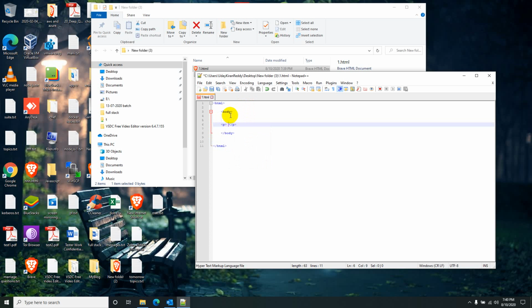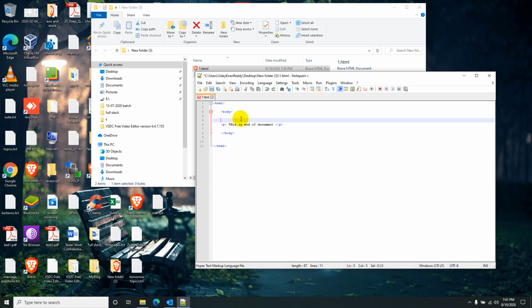Whatever data I write in between these two tags will be represented as a single paragraph. Let me write: this is end of document.